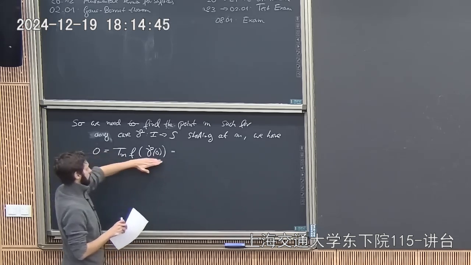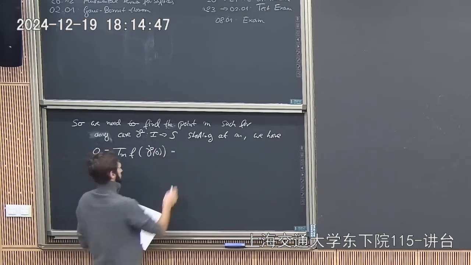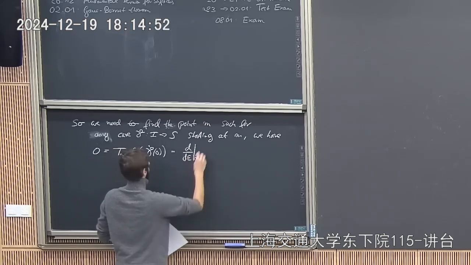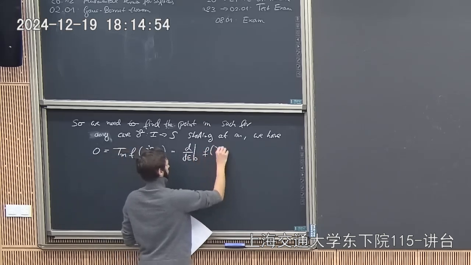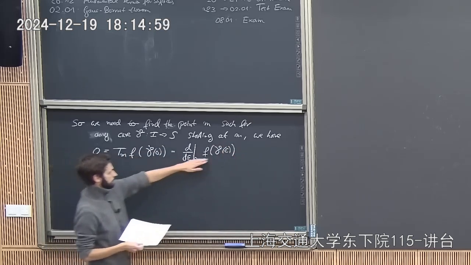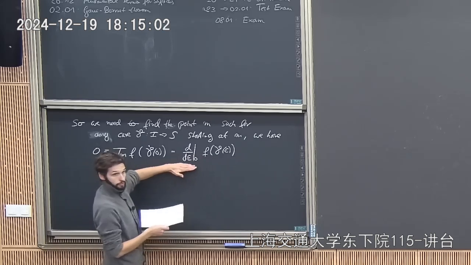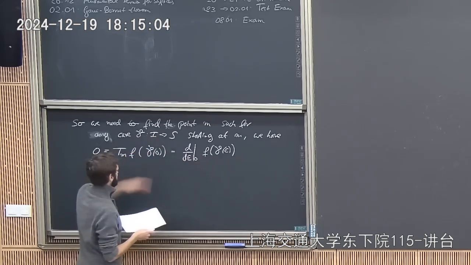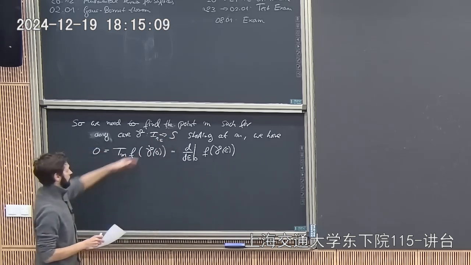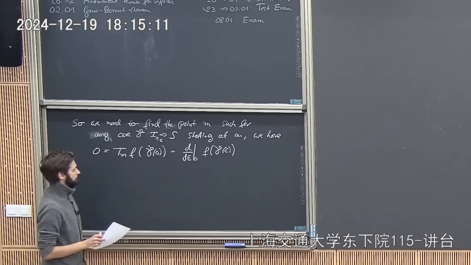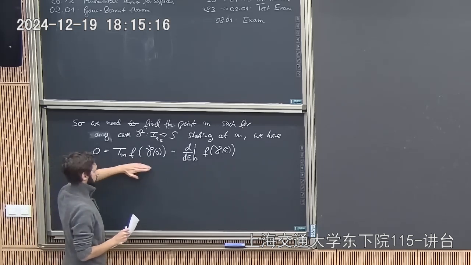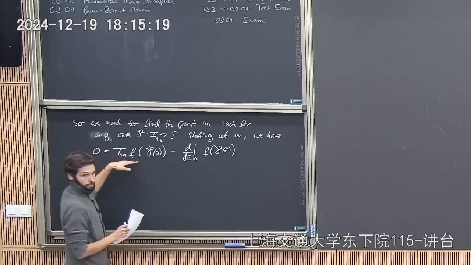So how do you calculate this if you have a curve? By using the normal theory, where you have f, and in f you insert your curve, and then you take the derivative at epsilon equals 0, where epsilon here is the coordinate in the interval. So that's how you calculate these extremas for a function on a surface.